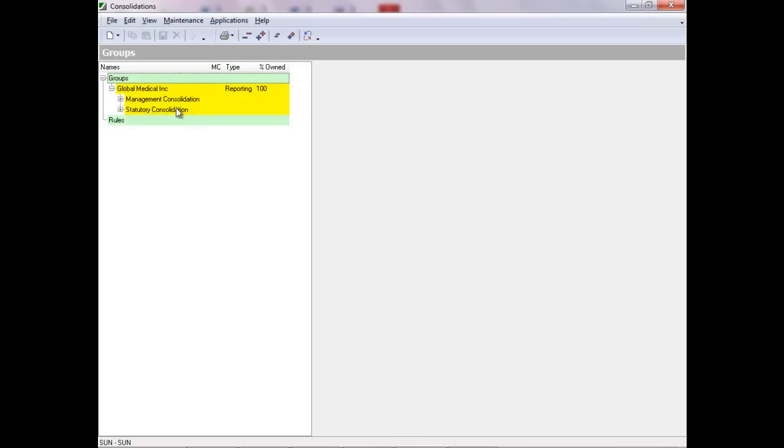You can see that at each element in the tree, we can tag either as a type or a percentage ownership, or if this particular part of the tree is multi-currency. The type is a free-form entry. If I expand one part of my consolidation, in this case being the management consolidation, you can see that I've